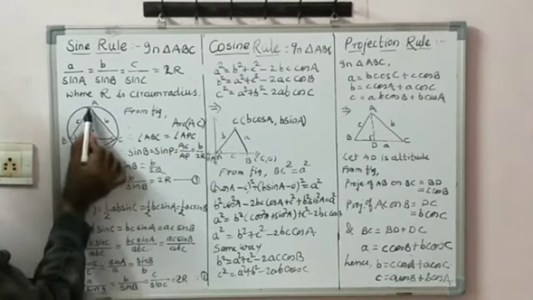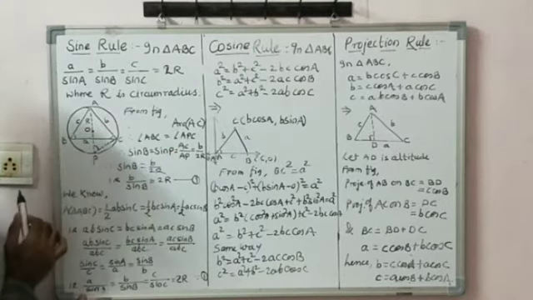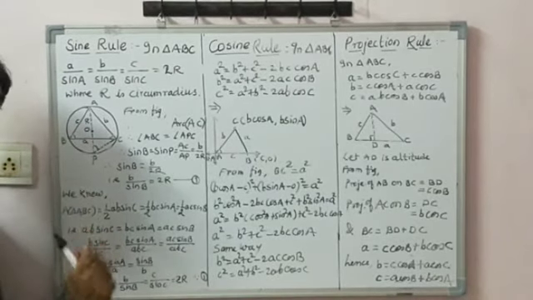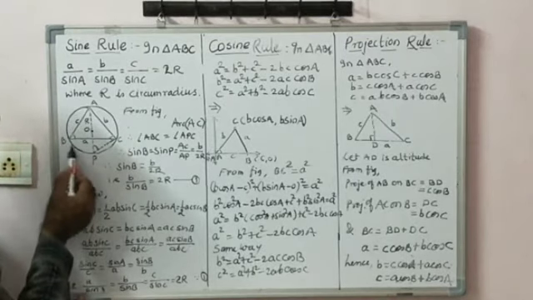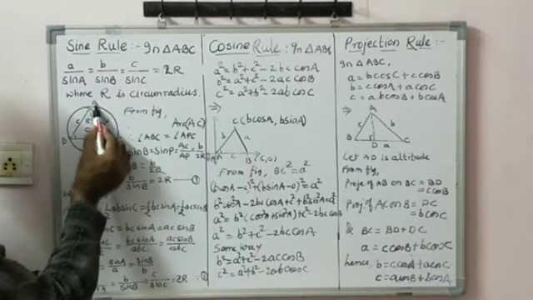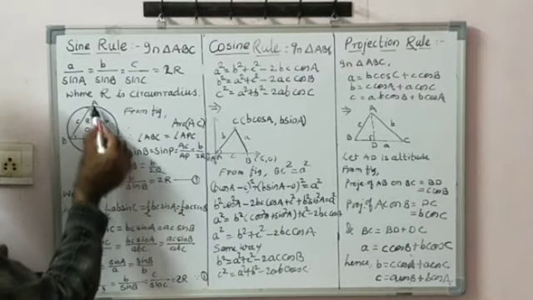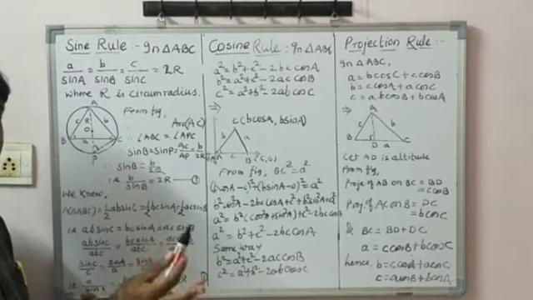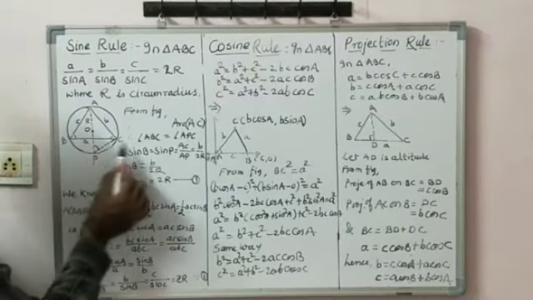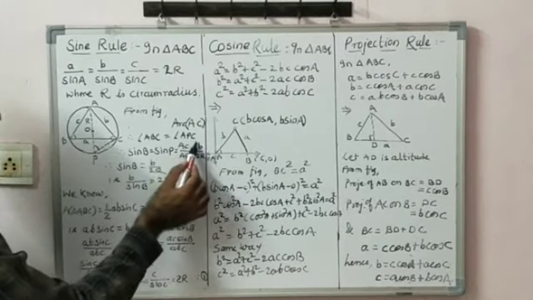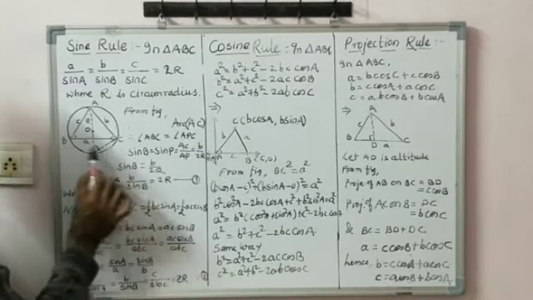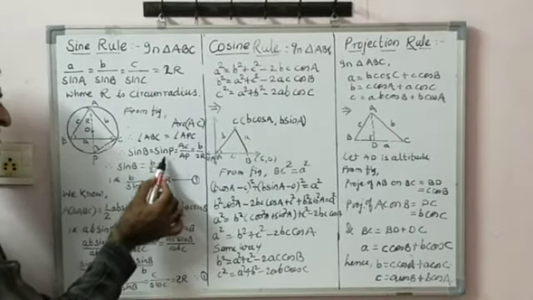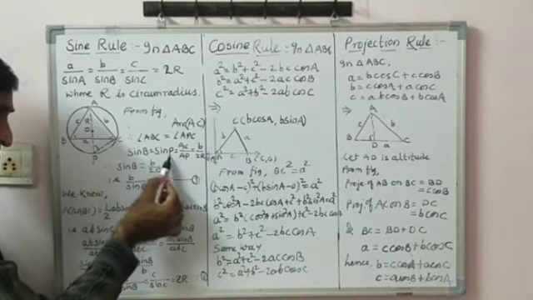Again, in this figure, consider arc AC. This arc AC has two inscribed angles, angle B and angle P, that is angle ABC and angle APC. Both are inscribed by the same arc. Therefore, these two angles are the same. Angle ABC is equal to angle APC. We consider the sine ratio for angle B, that is sine B. Similarly, it is equal to angle P, therefore sine P.